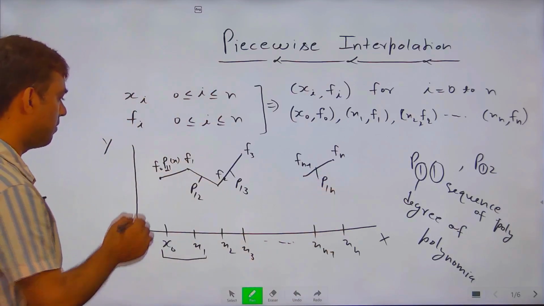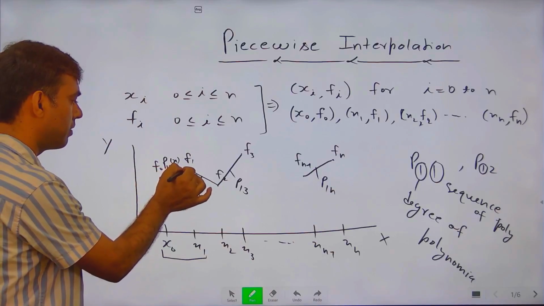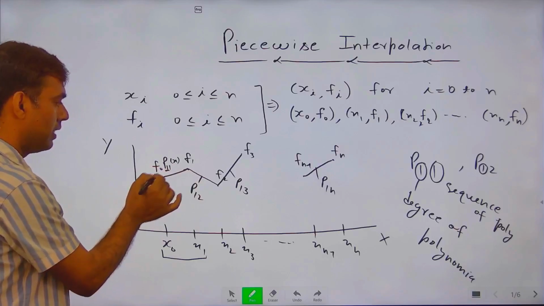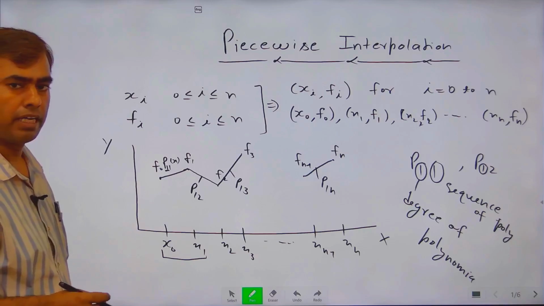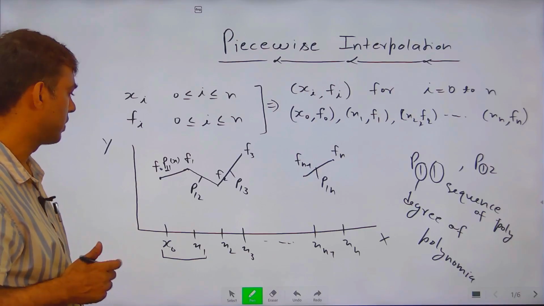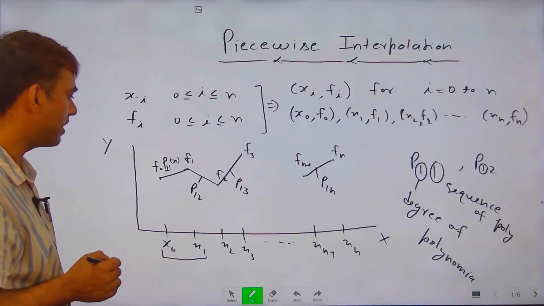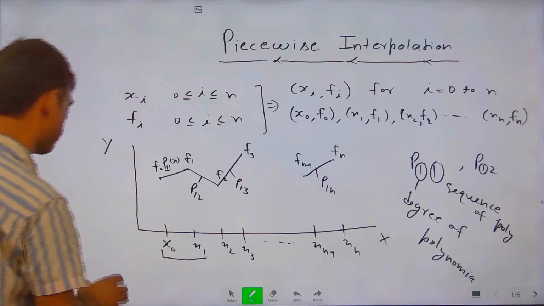So if we fit a polynomial of degree 1, meaning a linear function between f0 to f1, then the interpolating polynomial is known as piecewise linear interpolation. And if we fit a quadratic polynomial, so if we write here